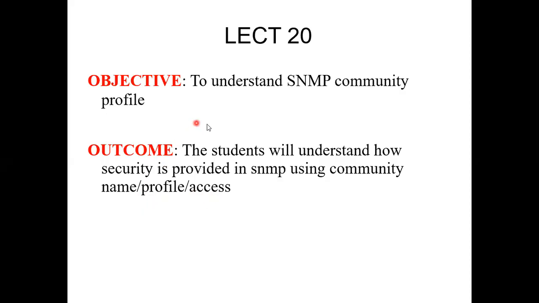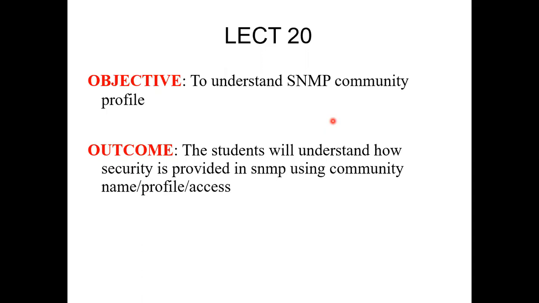Okay, see why I am taking this as a separate topic is students write every year that SNMP security is there only in version 3. Okay, right from the beginning, every SNMP has security. So how version 1 and version 2 has the security in the form of a community profile, and for version 3, when we will see that, it is altogether a different architecture.